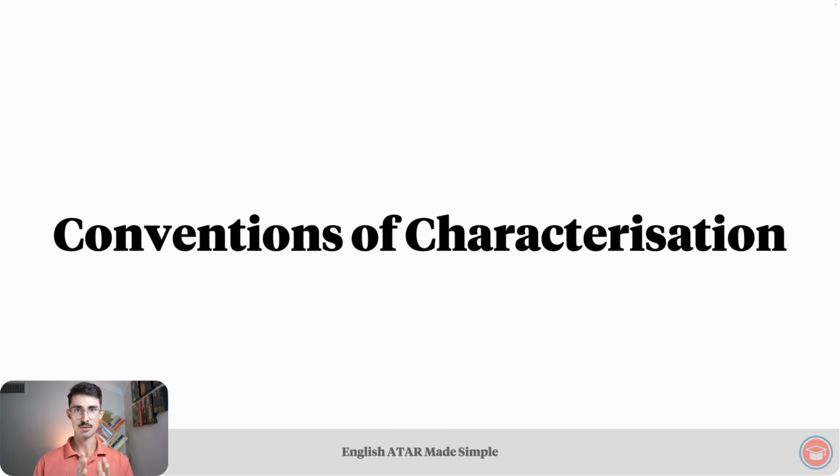So far, we've looked at 2 types of characterization, how they're relevant to you in an exam context, and what the difference between those 2 types are. And that's done through conventions of characterization. As we know from the lessons on genre, conventions are things that are typically done. With that in mind, conventions of characterization are things that are typically used to characterize a character in a story.